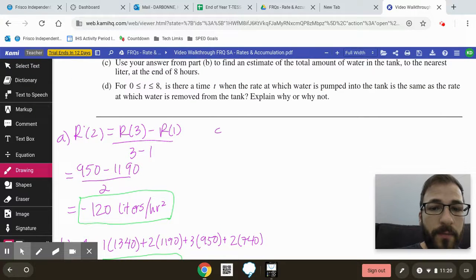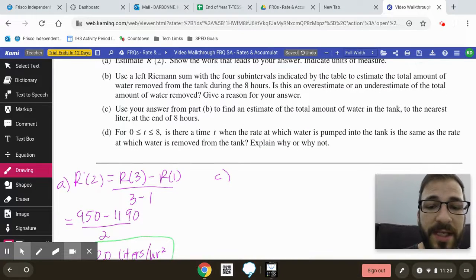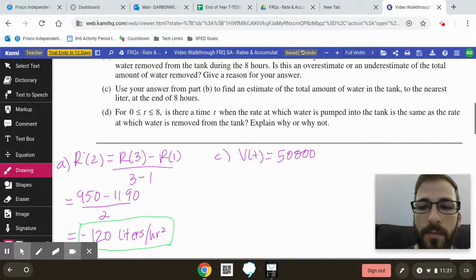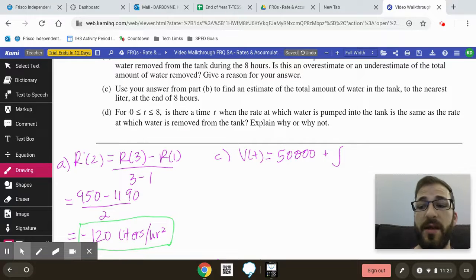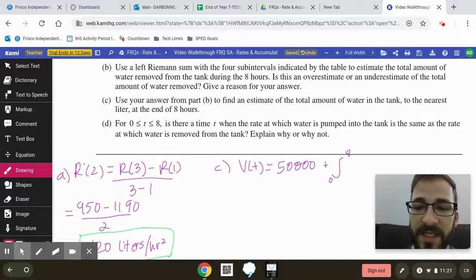So for part C, we have our initial condition. Our initial condition is 50,000 liters of water in the tank. So 50,000. Let's call this, I don't want to use T, we'll say V for volume of the tank. So V of T is equal to 50,000 plus, now we're going to do the integral of both of our equations because we want to find that amount of water. So plus 0 to 8 for our time. And then, which one is representing water pumping in? W of T is pumping in, so W of T